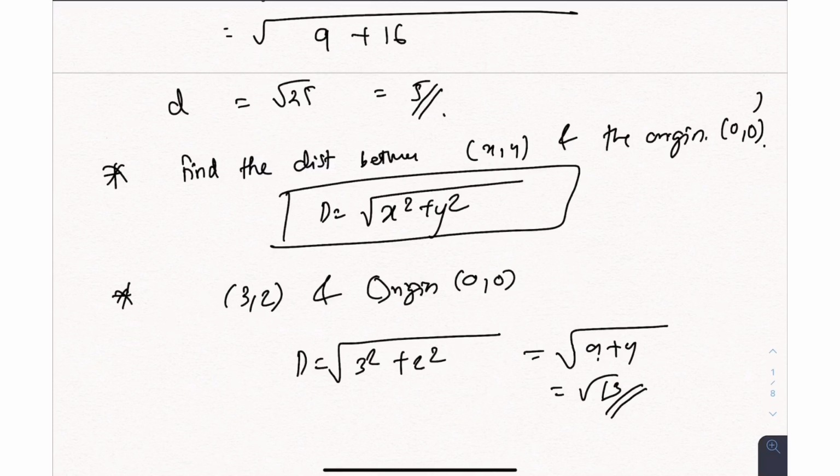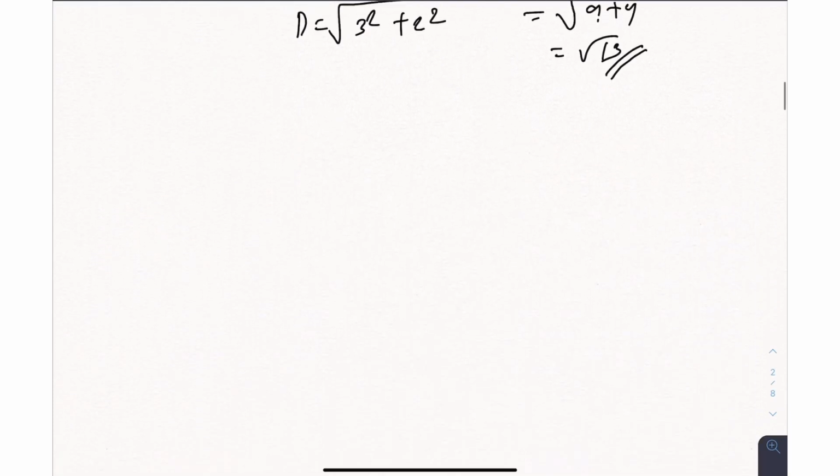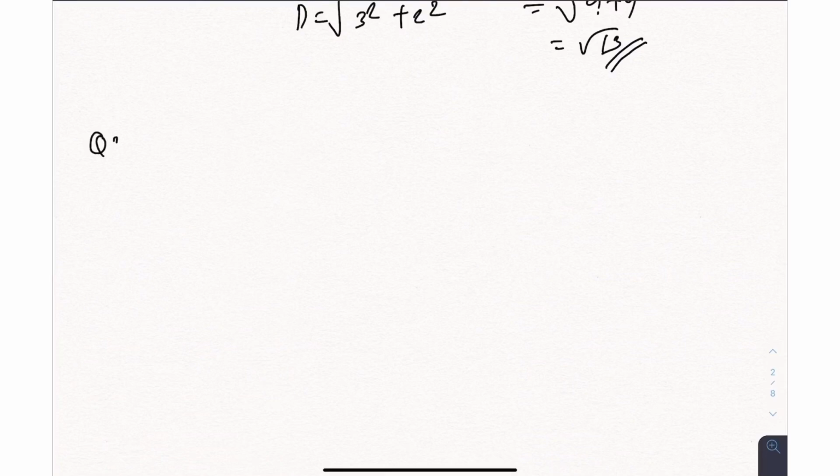I hope this part is clear to you guys. The next type of question that they can ask is, now in this question, a length will be given to you. The length of AB is this, and one coordinate will be given, and we have to find the other coordinate. Obviously, we won't be able to find x and y both at the same time. So they can either give you x coordinate, we have to find y, or they can give you y coordinate, we have to find the x coordinate.